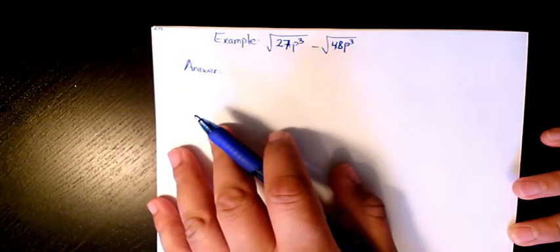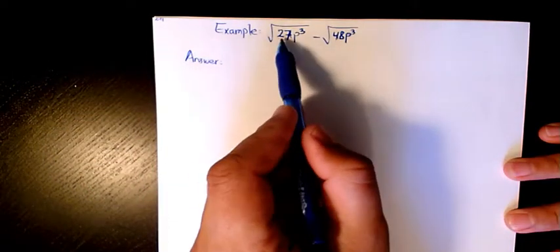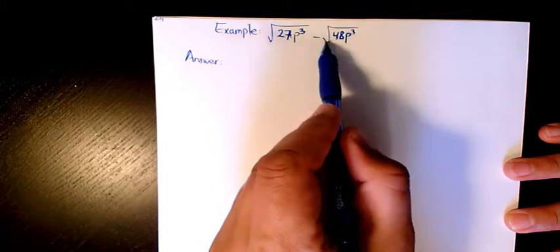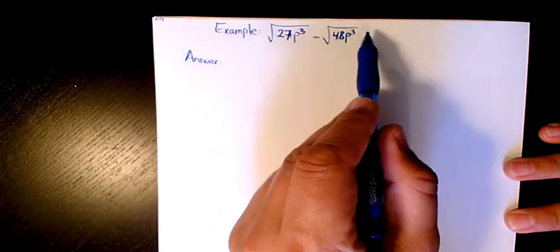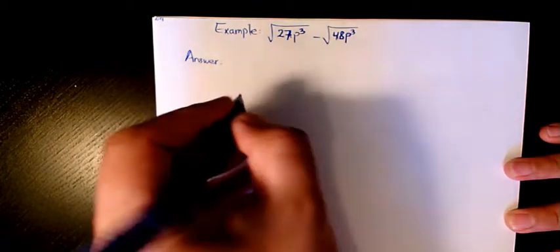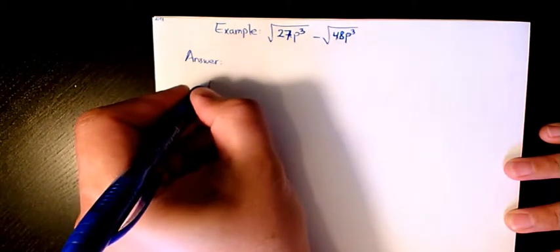Welcome to my channel. In this video I want to show you how to add and subtract square roots that need simplification. So the first example I want to do is square root of 27p cubed minus square root of 48p cubed. So the first thing I need to do,